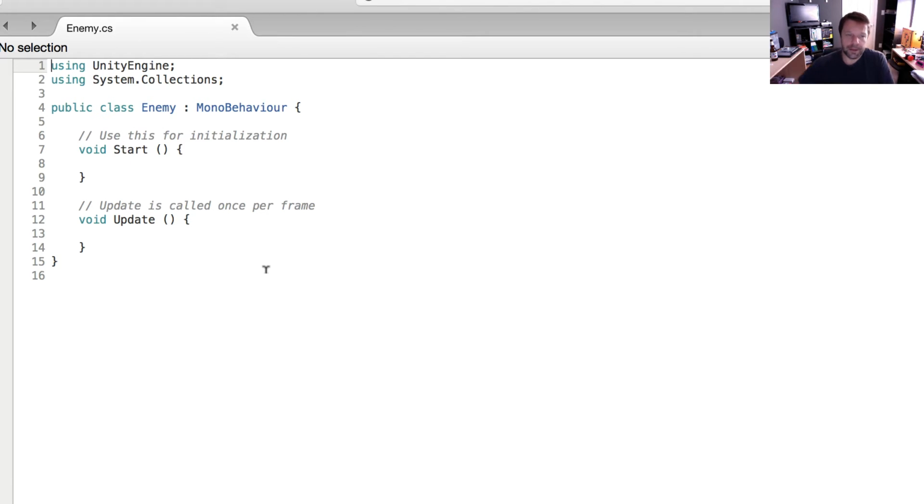Whenever we create a C# script in Unity, Unity is really cool, and it creates all of these things here for us, and we don't know what those are. So first time user ever opening up Unity and then creating a script, you launch this and you're like, oh my god, what am I looking at here? I don't know anything about programming, I don't know anything about C#, what does all of this mean? And that's what we're going to get into. What does this all mean? Well, basically,